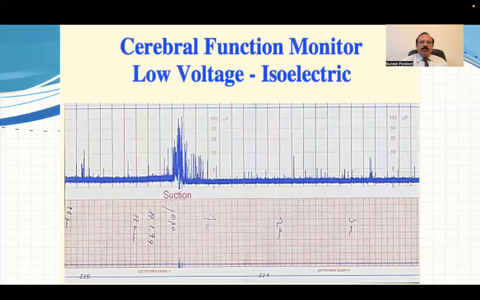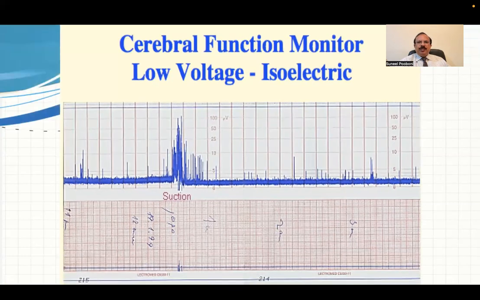Here is a picture of CFAM, how it looks like when there is very minimal electrical activity, just restrained to 1 to 2 microvolts, compared to the normal picture of up to 25 to 50, or even between 10 to 50 in a very sedated patient. But this level of 1 to 2 is very minimal, suggestive of brain death or something to be evaluated in the form of a major clot like that. So moving on further,